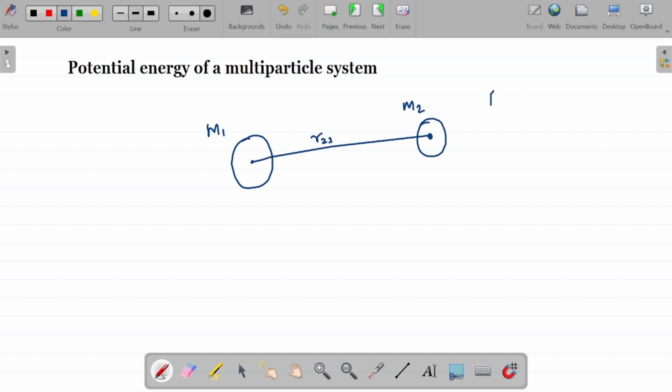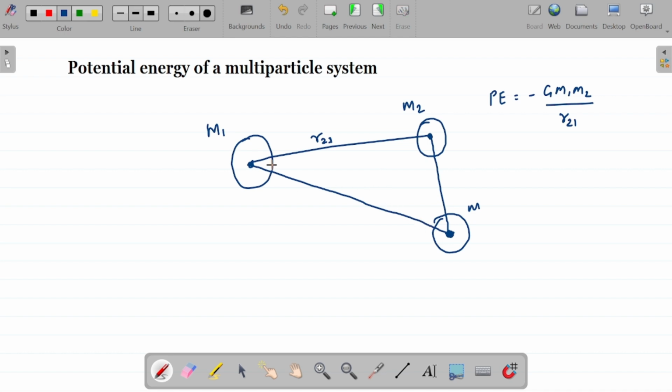Then the potential energy of this system will be minus G m1 m2 by r21. Now, what if we bring another body of mass m3 here? There will be potential energy due to this configuration. The third body is experiencing two different gravitational forces, one due to the first body and another due to the second body, so it has to deal with two different potentials. So the potential energy of the system now will be,